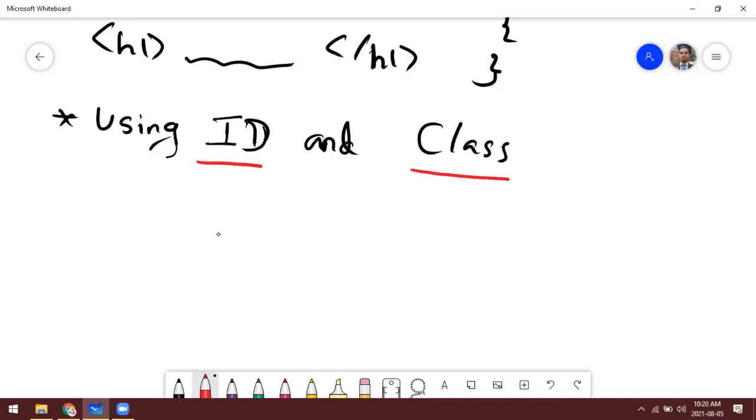So what does this mean? ID is a unique identifier. For example, now we have two paragraphs. ID is one of the properties or attributes which you can use on any HTML tag, right?